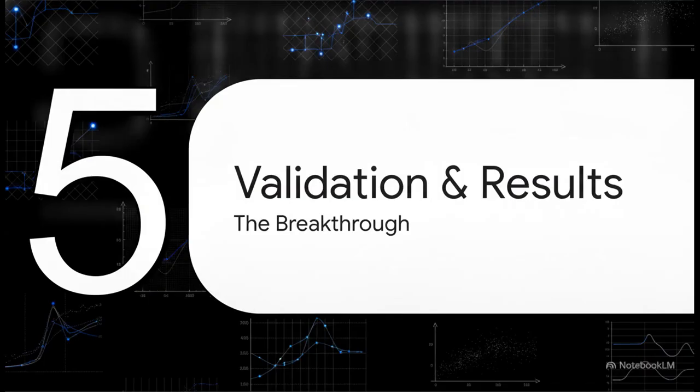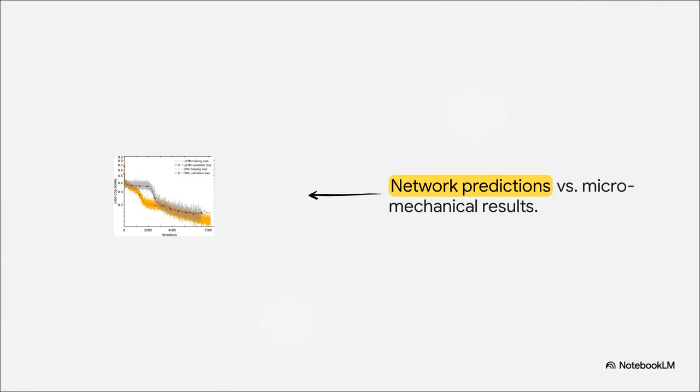Section 5, validation and efficiency results, the breakthrough. Now, what's really interesting about this slide is the visual proof. Look at figure 8 here. The solid red line represents the ground truth computed by the mean field simulation, while the dashed black lines are the neural network's predictions on completely unseen test samples. The overlap is simply remarkable. The fine-tuned LSTM network effortlessly captures the complex stress histories, successfully bridging the gap between traditional physics simulation and data-driven